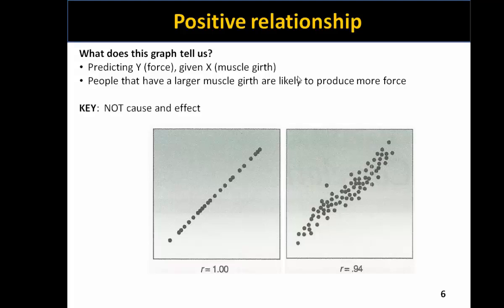The key concept to remember when we talk about correlational or regression analyses is that we are not establishing cause and effect. Different research designs are necessary to do that. Now, if we move to the hypothetical figures on the bottom part of the slide, here we see a measurement of muscular force with the relative units and muscular girth with the relative units. And so this aligns with our original question where muscular girth is the predictor for how much force that muscle